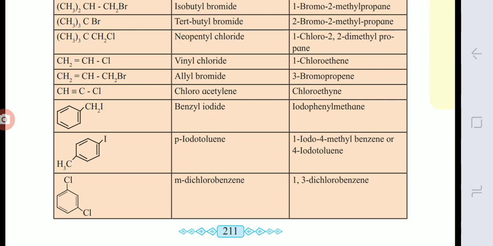So meta-dichlorobenzene. While writing the IUPAC name, one chlorine is present on the first carbon and the other on the third with respect to the first. If you write in the clockwise direction, you have to give the lowest number to the second carbon having the second chlorine. So it is 1,3-dichlorobenzene. You have to write the numbering in such a way that the carbons containing substituents get the lowest numbers. So 1,3-dichlorobenzene is the correct name and not 1,5-dichlorobenzene.